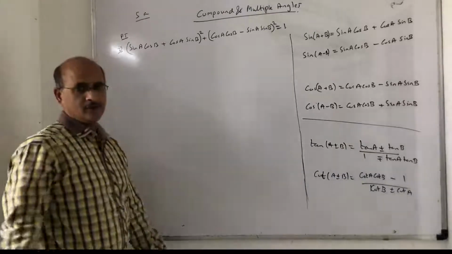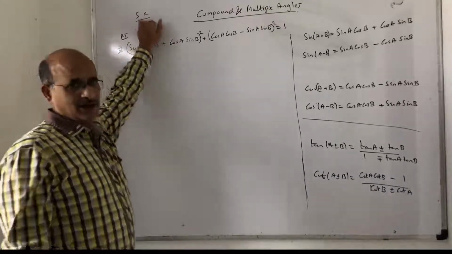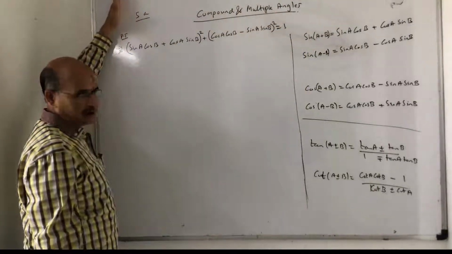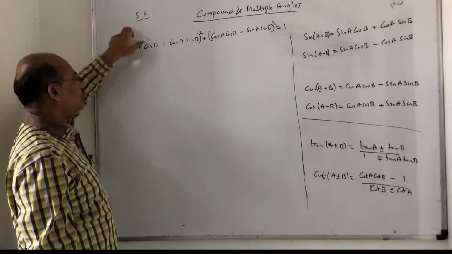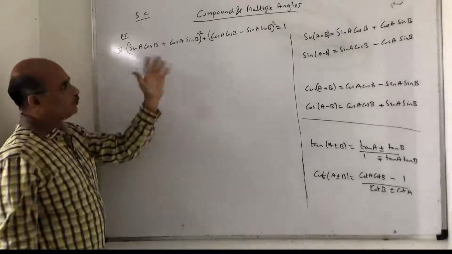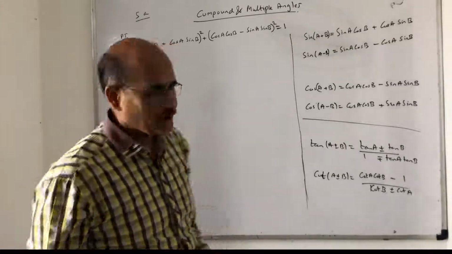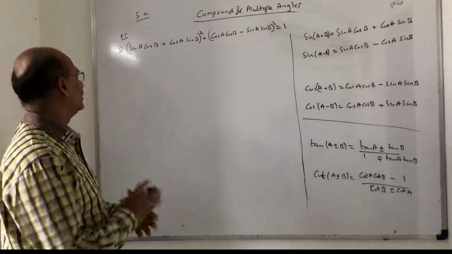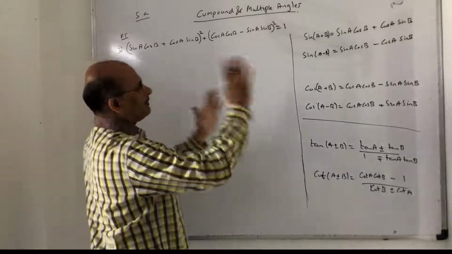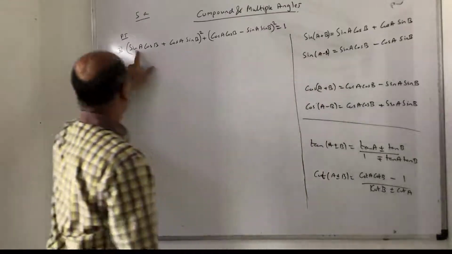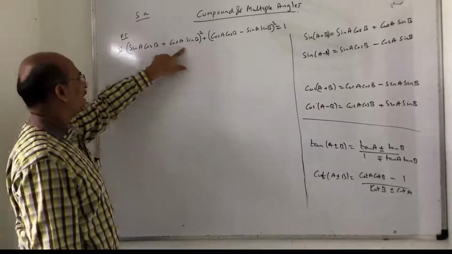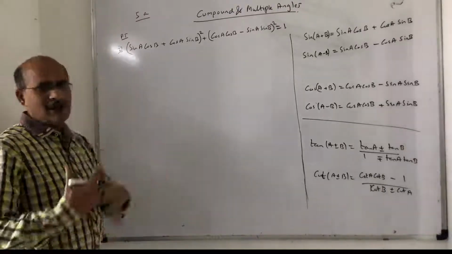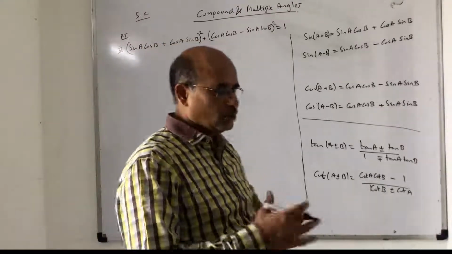Just to mention to you all, we have started with exercise 5A because it is based on direct application of this formula. So 5A, the first question we have already done. This is the third question, sum number 3 of 5A. Now they are telling to prove. Proofs are sometimes slightly difficult, but right now you have two options. Either you do A plus B whole square or do it, whatever it is. But I want you to connect to these formulas now. Sin A cos B plus cos A sin B. You can open the bracket and still do it, there is no issue, but you should apply a smarter way to come up to the solution.